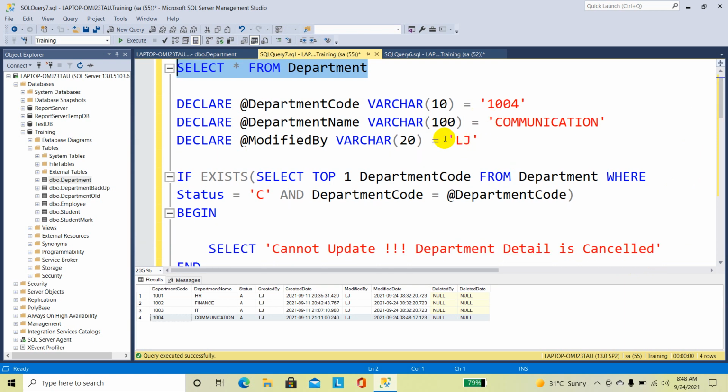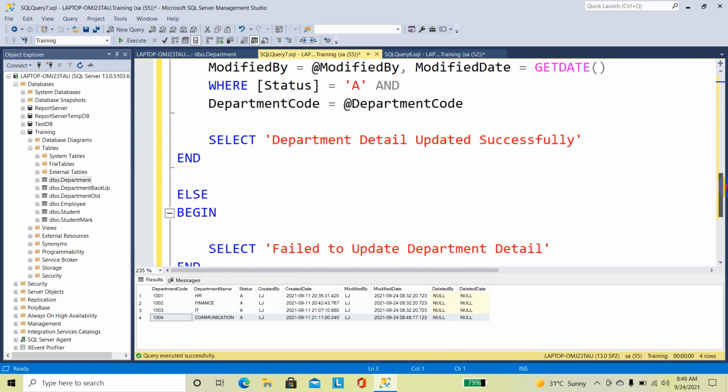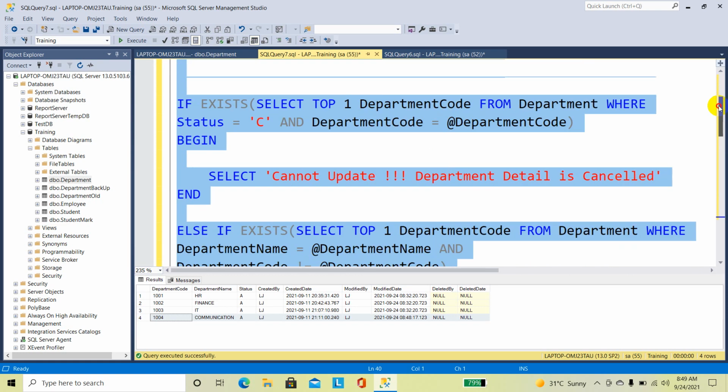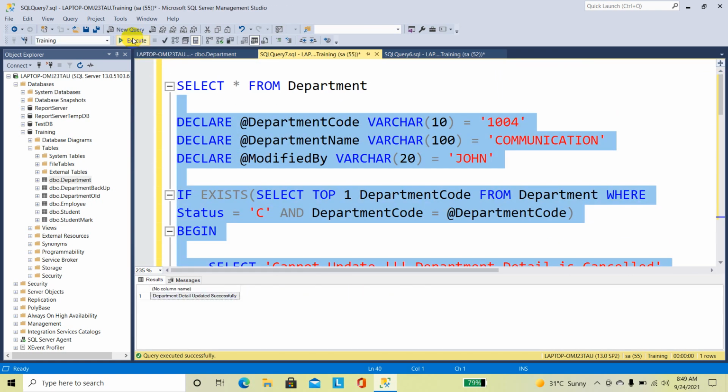Now I am going to update the same record. I am not changing the department name. I am changing the modified by into John, and I am going to select these statements and execute.